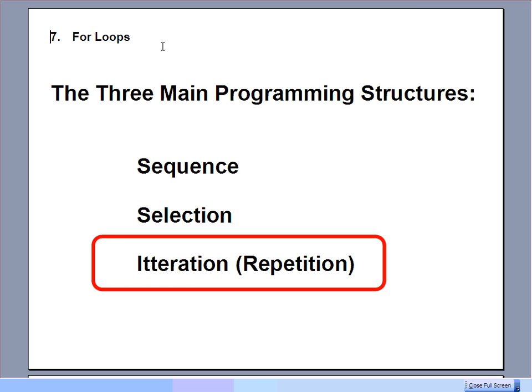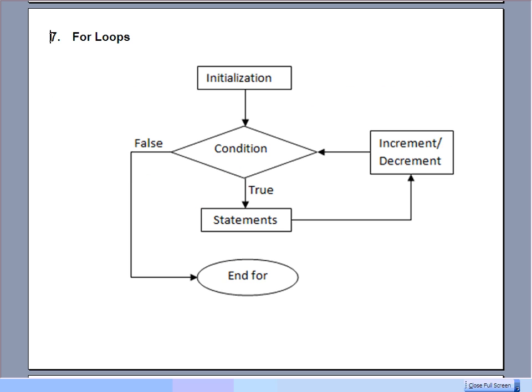In this video, for the first time, we're going to start to have the computer repeat a whole bunch of commands over and over again, sometimes called iteration. And the type of looping that we're going to look at today, probably the simplest of them all, is something called a for loop, where we literally count how many times we're going to go and do the commands over